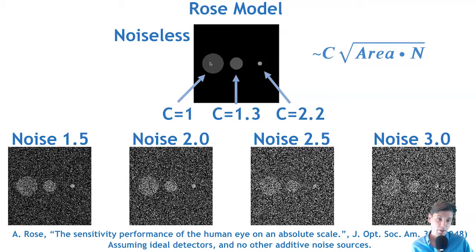So depending on the size, for smaller contrast enhanced areas, you would need a larger contrast to have the same detectability. And n is the number of photons that are used in this ideal model. It assumes a perfect detector with no blurring, no additional noise. And so you can see here, in this case, rather than having the same contrast in all these simulated lesions, again simulated lesions in a uniform background, now we have higher contrast